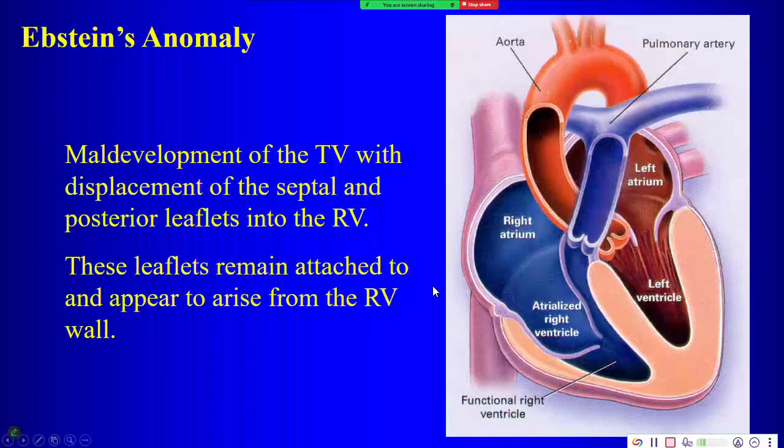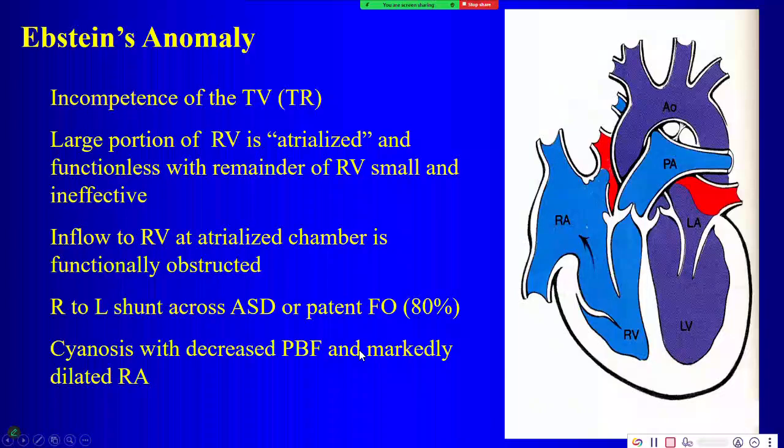Right? So with Ebstein's anomaly, there's this malformation of the tricuspid valve where it's displaced towards the apex of the ventricle, and so the leaflets are attached almost to the right ventricular wall. So there might be incompetence of the tricuspid valve, and this causes atrialization. This portion of the ventricle is atrialized because functionally it becomes a portion of the right atrium instead of part of the right ventricle. So there's a functional obstruction of blood flow through the right heart that can result in